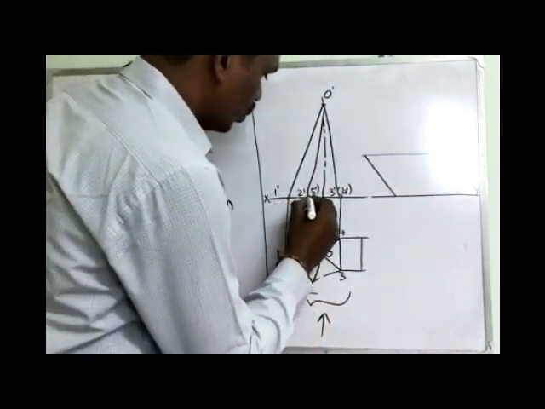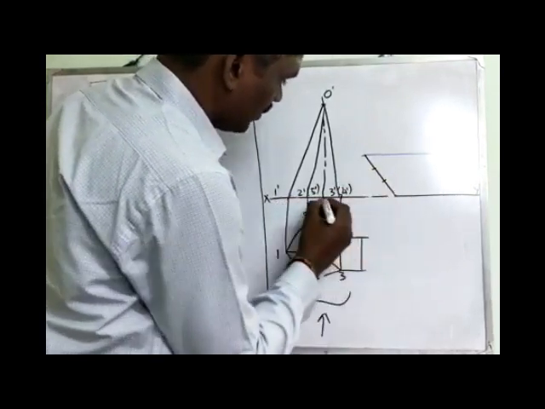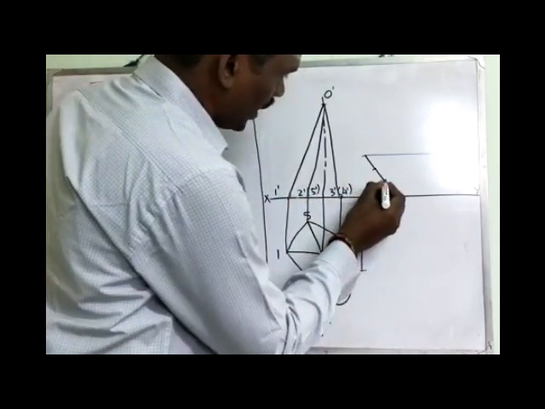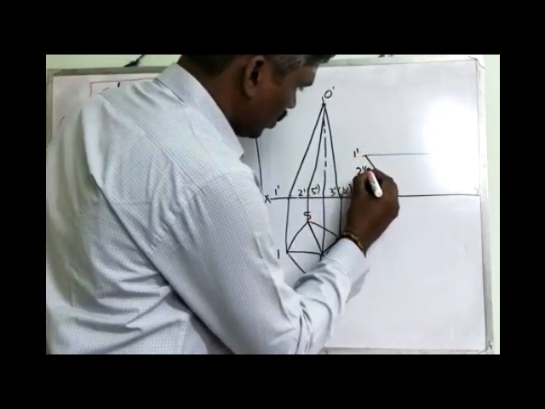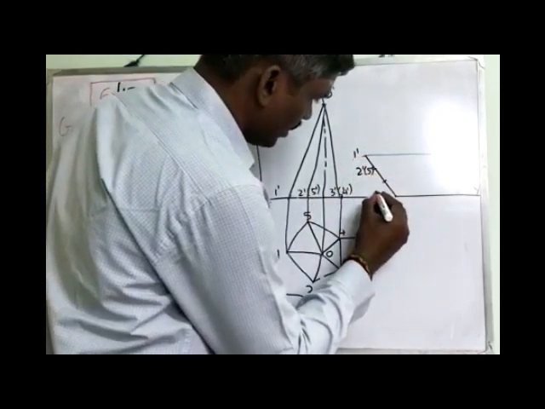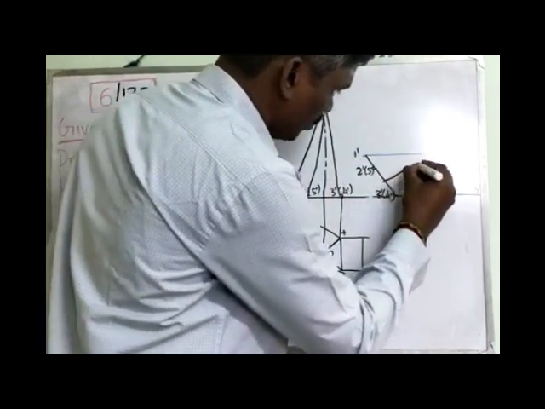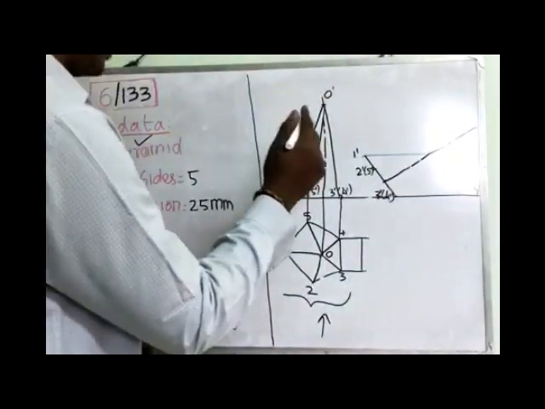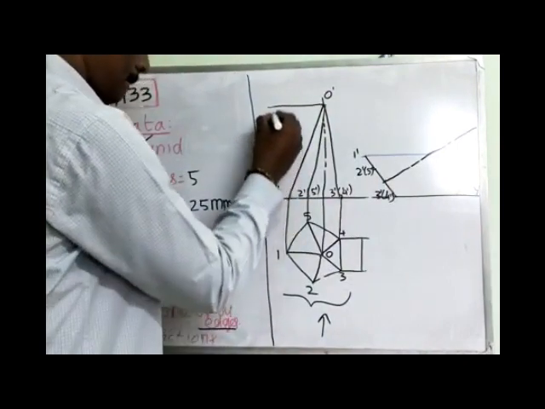Now we measure 1 to 2, what is the dimension? Similarly 1 to the axis line, what is the dimension? 5 to 3, this is a dimension line. So from this point, this is 1 dash, 2 dash, 5 dash, 3 dash, 4 dash. Now from this point you draw one perpendicular line. What is the height of the object? Height of the object is 60 millimeter.